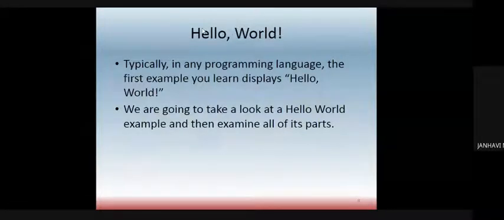Hello world. This is basically the first program that we actually try on the screen, that is, how to run a hello world program. Now in C, C++ we used to write int main and then printf in the bracket hello world, close the inverted comma, semicolon, done.